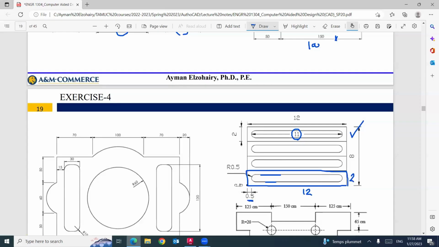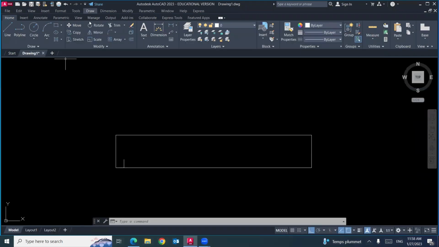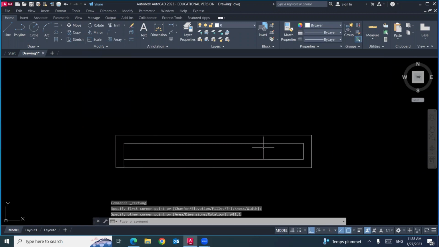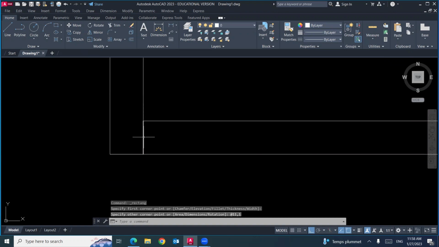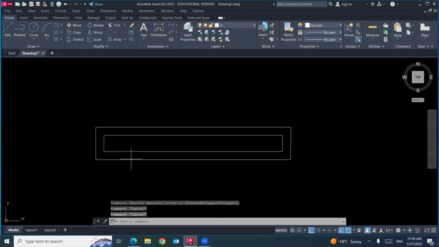If you would like to draw a rectangle with a length equal 11 by 1, I can draw rectangle. This is the first corner. The second corner will be at 11,1. There you go. Then I can delete this little line and this little line. These lines only helped me 0.5 and 0.5 to make sure I got a clearance 0.5 between the two rectangles, the inner one and the outer one.